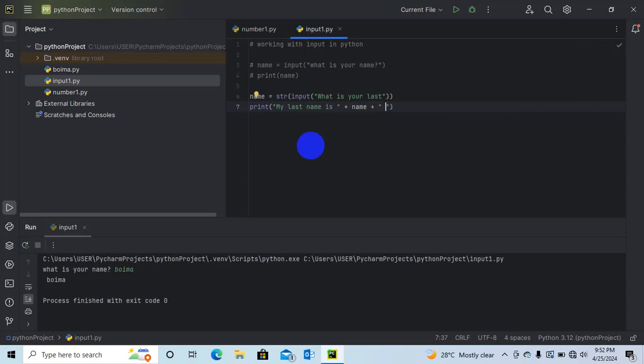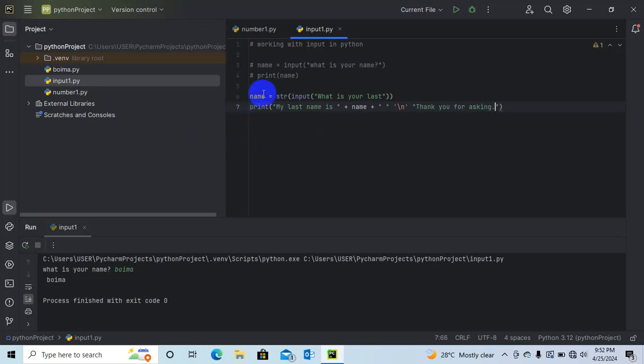Also, you want to develop a line break, so we put a single inverted comma, backslash n. Then we put an inverted comma and say thank you for asking. So that's what we did.